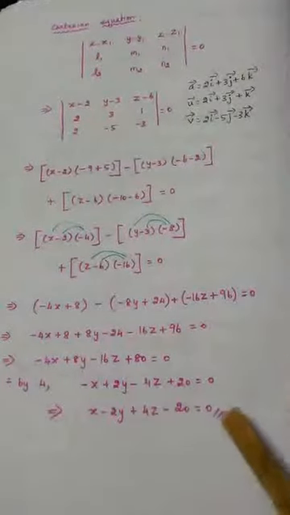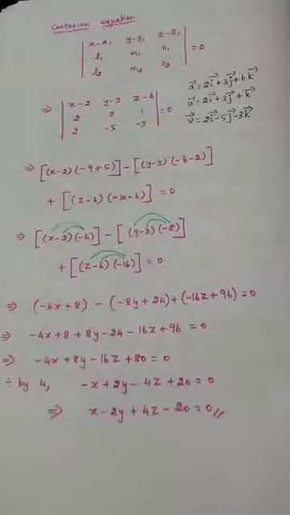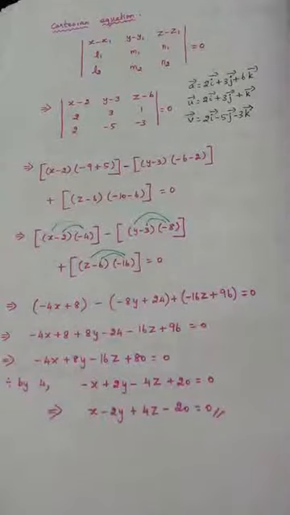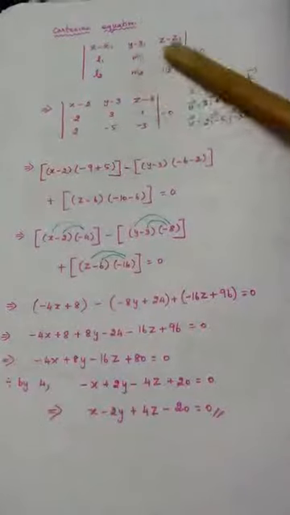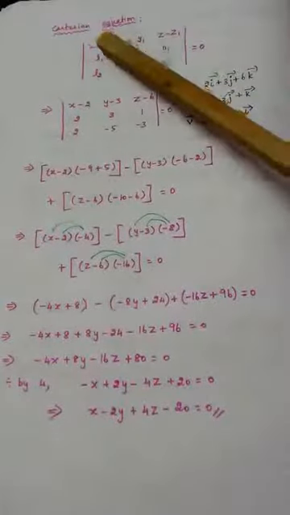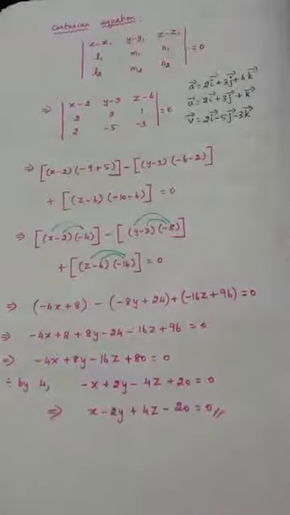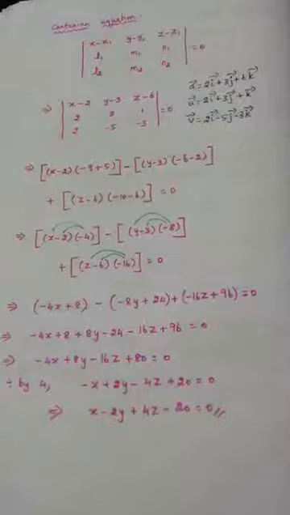So this is the Cartesian equation of the plane. First, what did we find out? In the first part we found the non-parametric vector equation. Now we got the answer for the Cartesian equation. Why have we applied this formula? Because the plane passes through one point and is parallel to two vectors. We will go for the next sum.